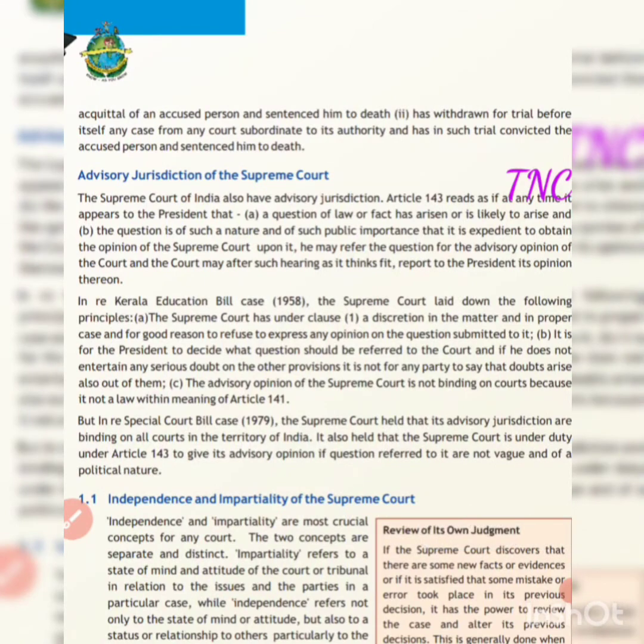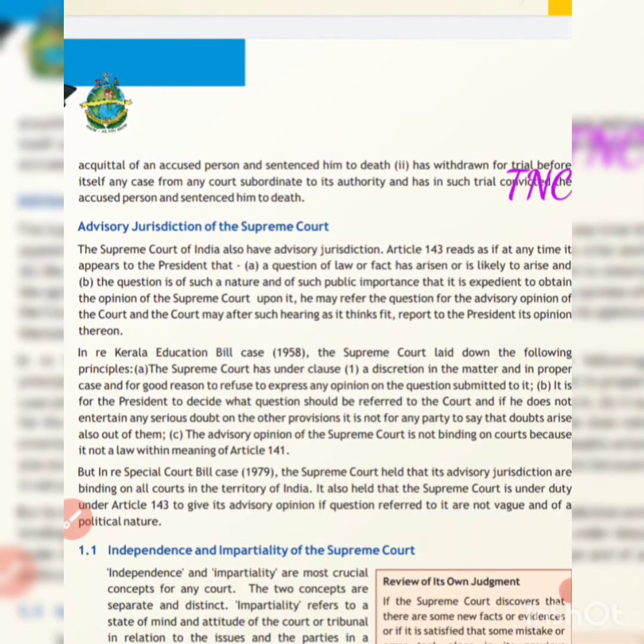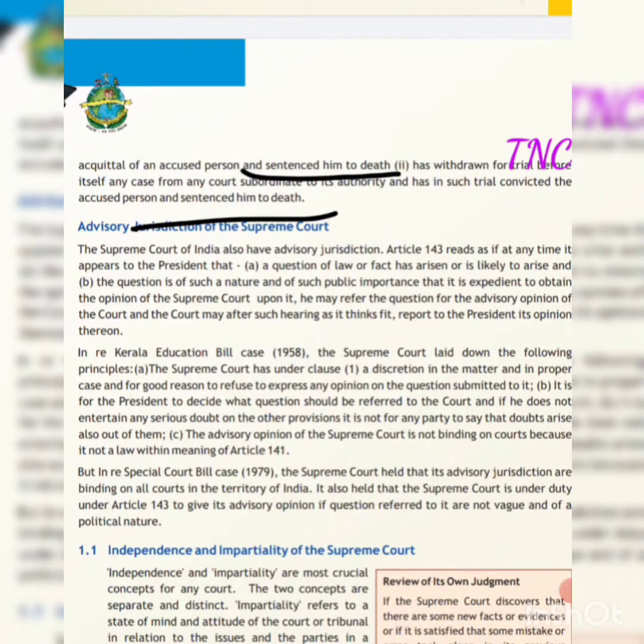Has withdrawn for trial before itself any case from any court subordinate to its authority and has in such trial convicted the accused person and sentenced him to death. Now you see, lastly, if the capital punishment is being awarded to the person, then without the certificate of High Court, the party to the suit can approach the Supreme Court for fresh proceedings to take place in the Supreme Court. Okay, so the first thing is you released him, but later when the case was reopened, you reversed your own order and said no, this person is the culprit and we are giving him life imprisonment. Then